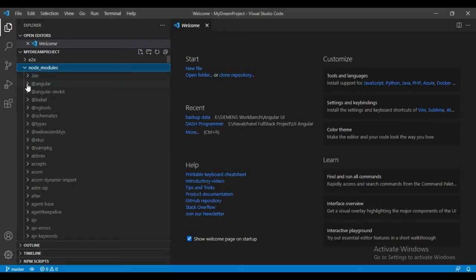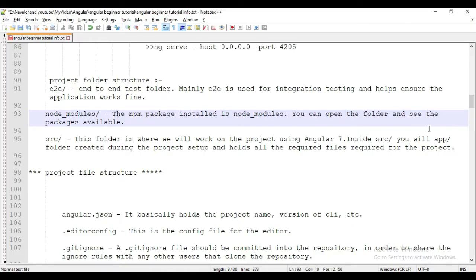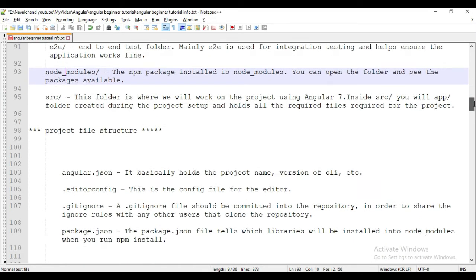And then we have the src folder. Let me check what is inside the src folder. This folder is where we will work on the project using Angular 7. Inside src you will find the app folder, created during the project setup, which holds all the required files of the project.